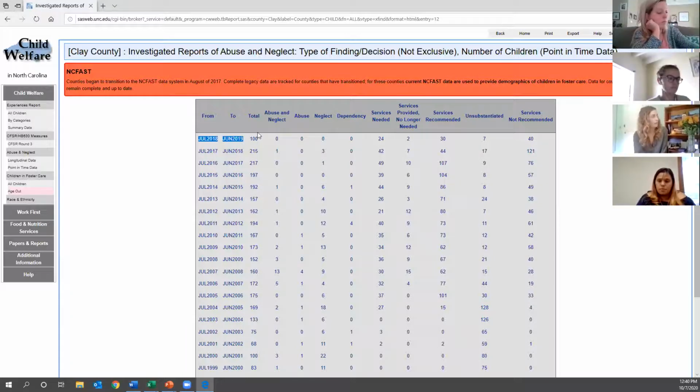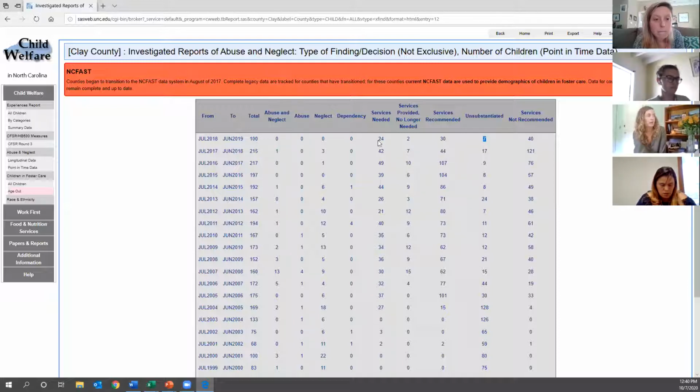Looking at this, there were 100 children who had investigated cases that year. And also looking at this, it looks like most of their cases were actually that family assessment track. So remember, the investigated cases are going to have these results and the unsubstantiated. So there were 7 investigated track cases, and they were all unsubstantiated. And there were mostly family assessments conducted.